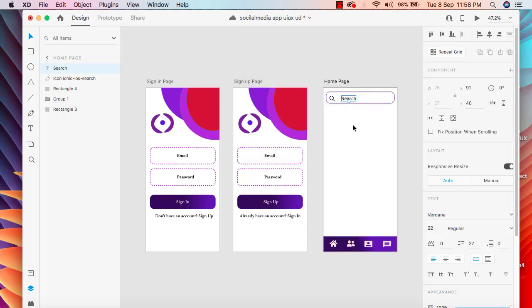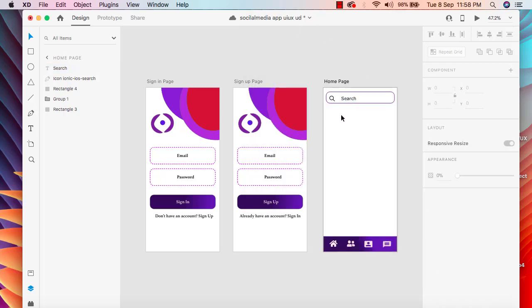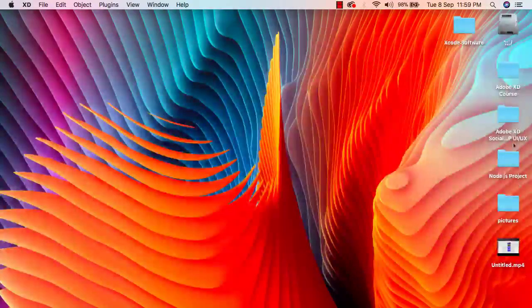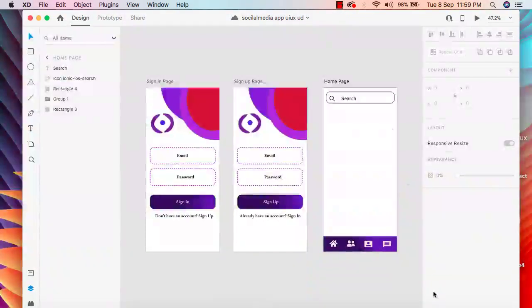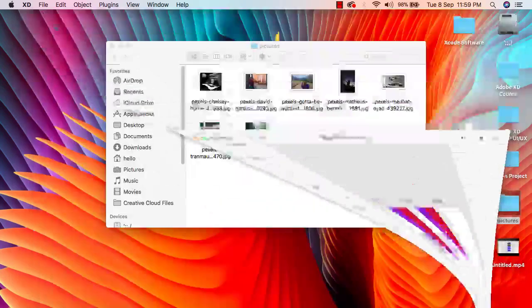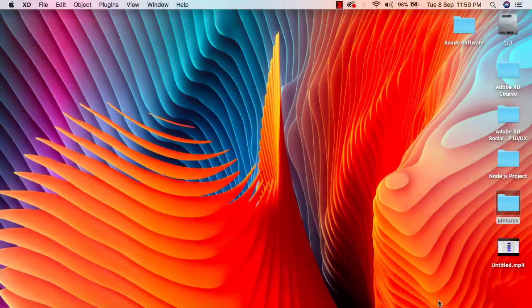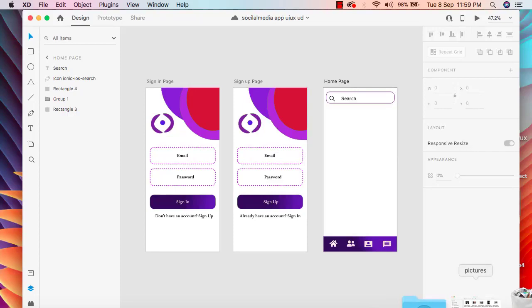So we have our search icon and search text, and right after that in here I want to add an image. To do this thing I can simply drag our image here first. So to add an image, I'm gonna open the pictures folder that I have downloaded. I have downloaded a couple of pictures, so I'm gonna add those pictures here. So the folder is, where is the folder? So let me minimize it first, and from this folder